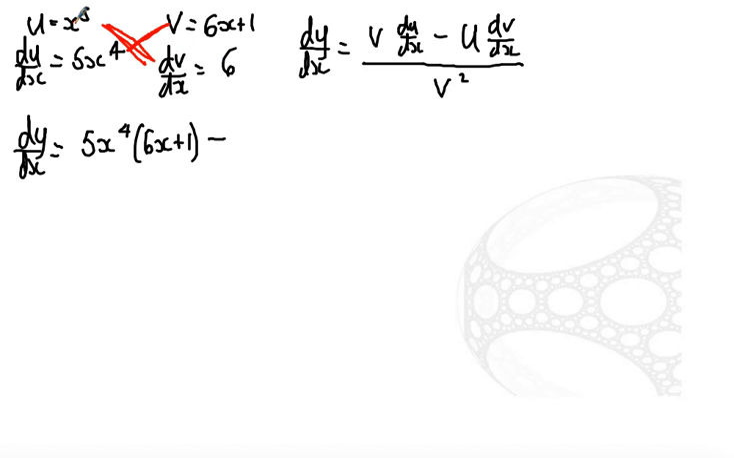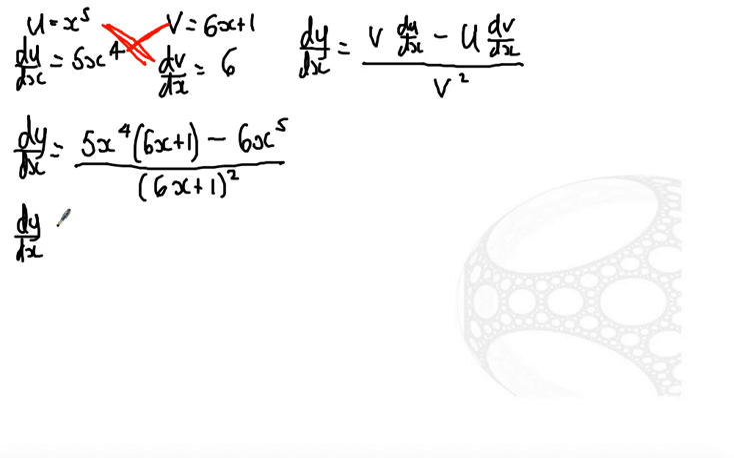And so instead of writing x to the power of 5 times 6, we're going to do 6x to the power of 5. And this is all over v squared, so 6x plus 1 squared. So the majority of the marks are given up until this point. There are then marks for simplifying